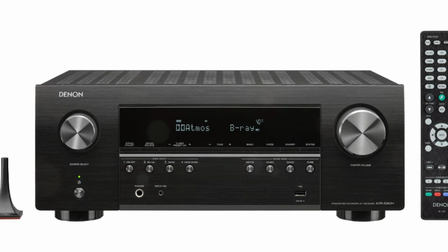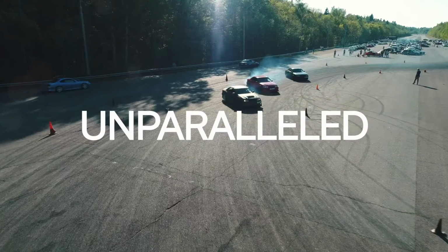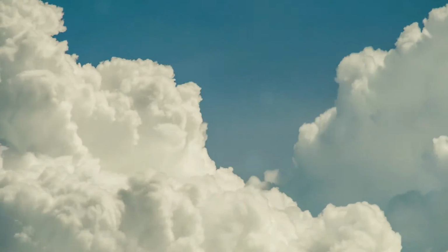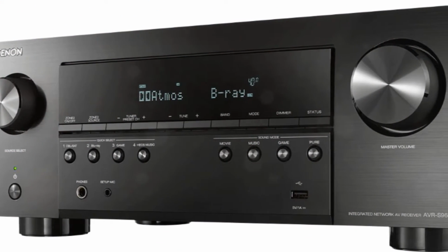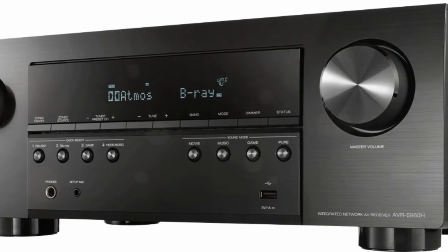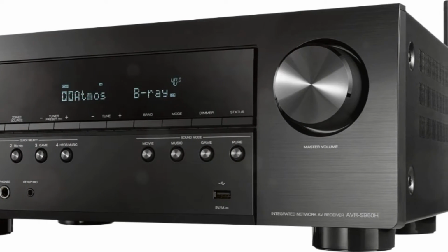A better Audyssey system, custom integration, longer warranty, and a few other extras make the X series a bit more expensive. But they are only worth it if you really need them. In that case, the AVR-S960H will cover you entirely. We saw here today a very capable AV receiver with crystal clear audio output as well as good surround and Atmos performance. In addition, the unit is very affordable and comes with all the extra features you will ever need